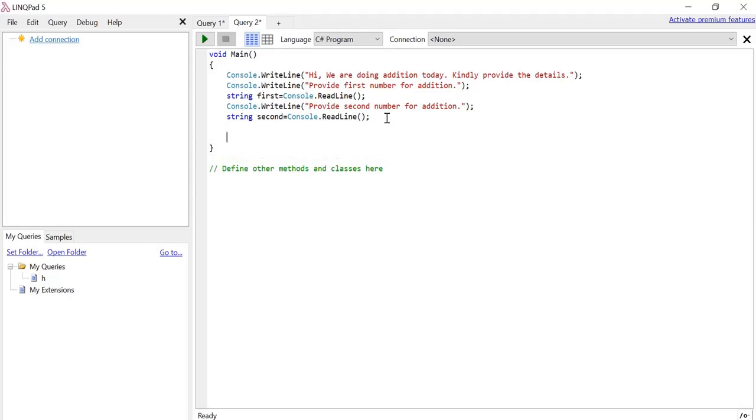Okay, in the third line I am doing something with dot pass, first, and dot pass, second. Just copy the line.